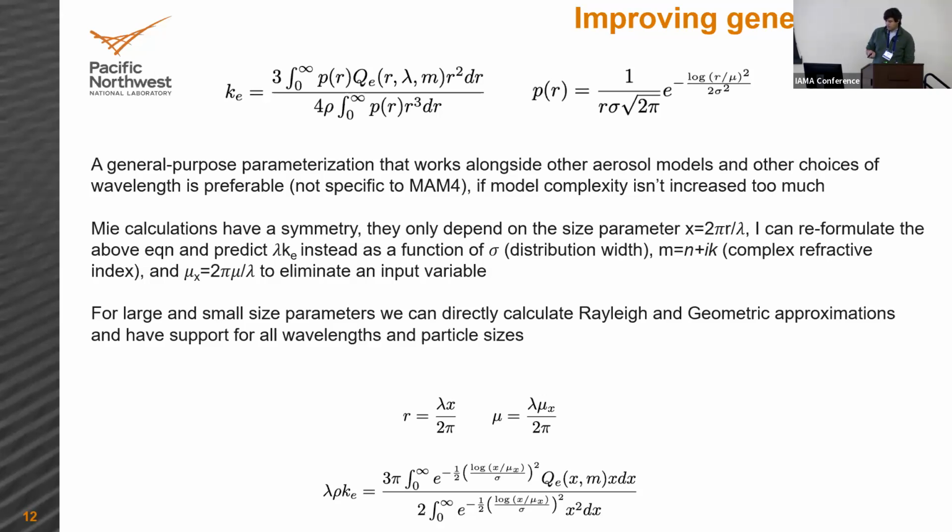And in those integrals at the top, I can do a change of variables to express everything in terms of particle size parameter and express the geometric mean of the log normal size distribution as essentially a size parameter. By doing this, I reduce the dimensionality of the input space of the neural network by one dimension and know the exact bounds of integration that I need that will cover the Mie regime. In short, this makes it so I can train a single neural network that can represent any log normal size distribution at any wavelength of light. So I now only need to train a single neural network to represent both the shortwave and longwave.